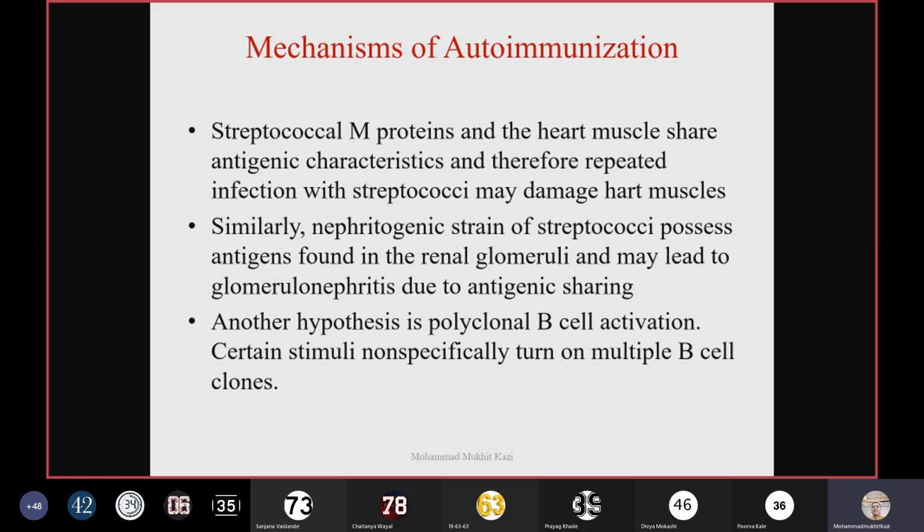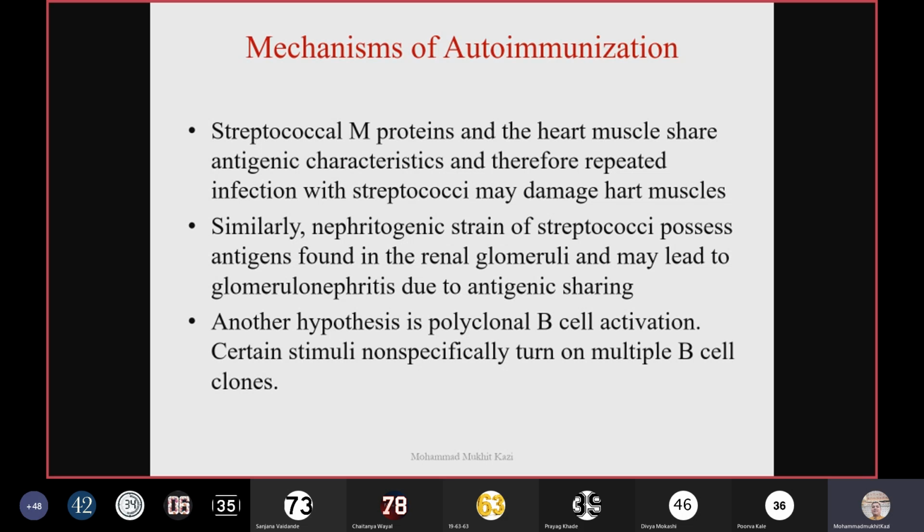It has been observed in streptococcal infections. If a person has repeated streptococcal infection, pharyngitis, this streptococci has a surface antigen called M protein, and it has a structure exactly like the heart muscle. Our heart muscle also resembles the M protein of streptococci, so they share antigenic characteristics so much so that